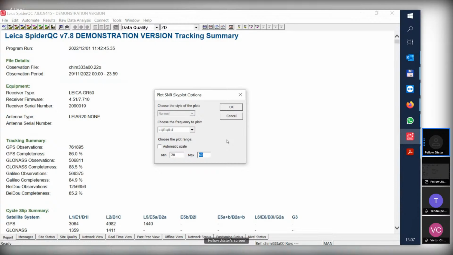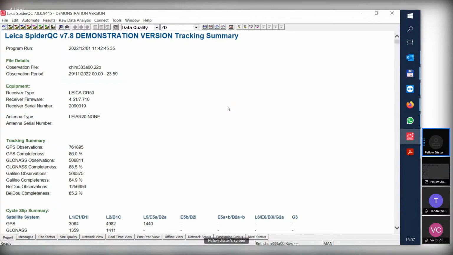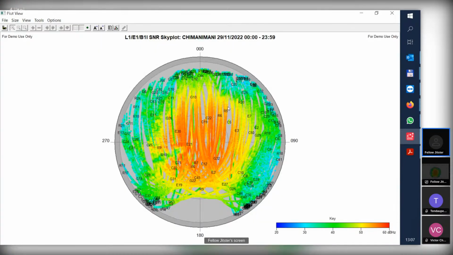So you will see another sky plot view, but this time you will not see information about tracking, but you will see information about